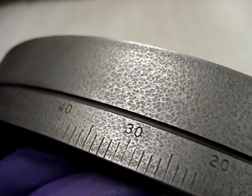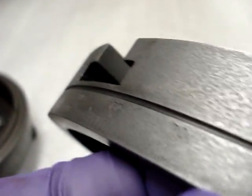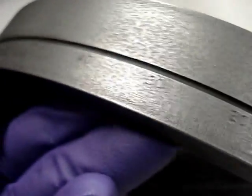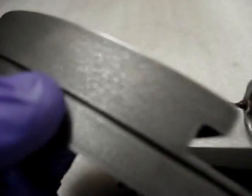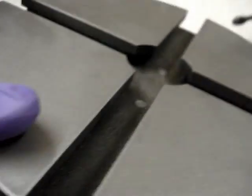But like I say, you can kind of see what I'm talking about there, but it doesn't really affect the operation of the equipment, and actually it gives it kind of a nice older look to it. But like I say, it's very minor. So, anyways, that's the